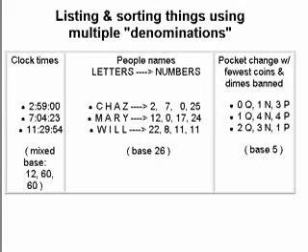Listing and sorting things using multiple denominations. Let's look at it a different way. Consider sorting a list of clock times into order. We can write down a single time by writing down the hours, then the minutes, then the seconds in 3 sequential columns. To put a list of times in order, first we sort the times by the hours column, which